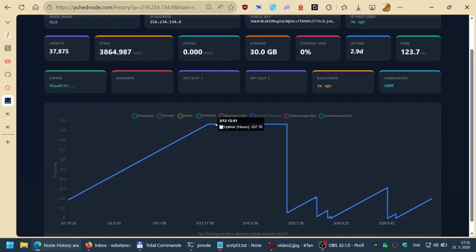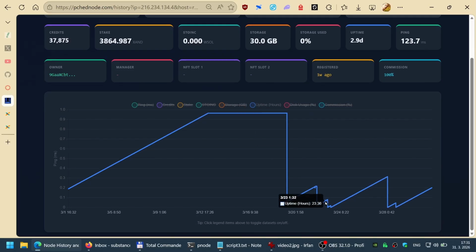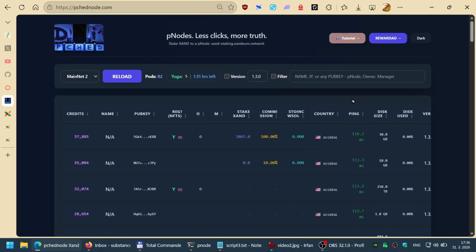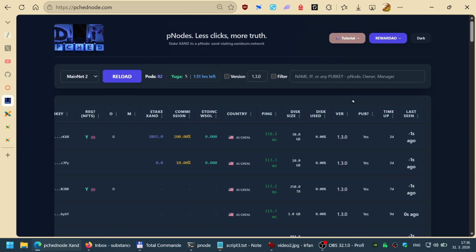So because pchednode is not creating data, it holds the last value it received. So it was holding the last received uptime here for the 6 days, and it went to 0 only after pchednode received 0. Restart, you will miss maybe one heartbeat. It's not tragic, but it's just a little bit too much. So I think we described everything needed about